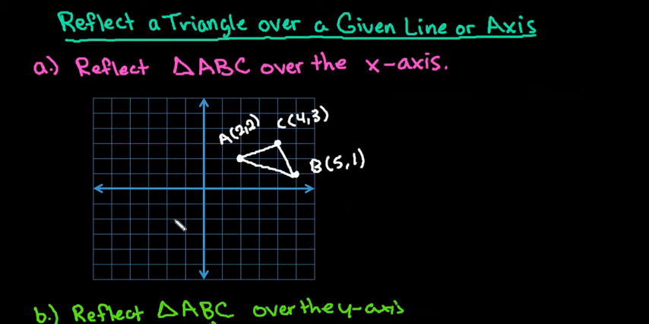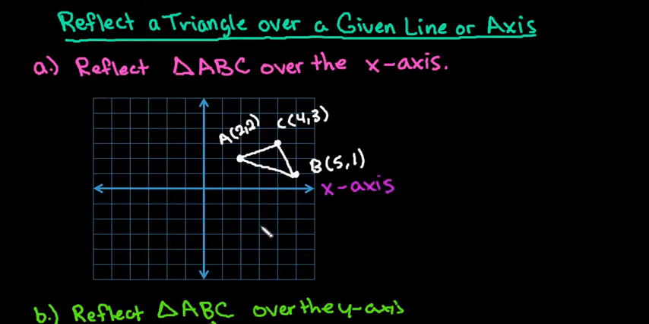Hi, for this video what I'm going to do is show you how to reflect a triangle over a given line or axis in the coordinate plane. So the first example that I'm going to go through is reflecting triangle ABC over the x-axis. If you recall, the x-axis is the horizontal axis, so we're going to flip